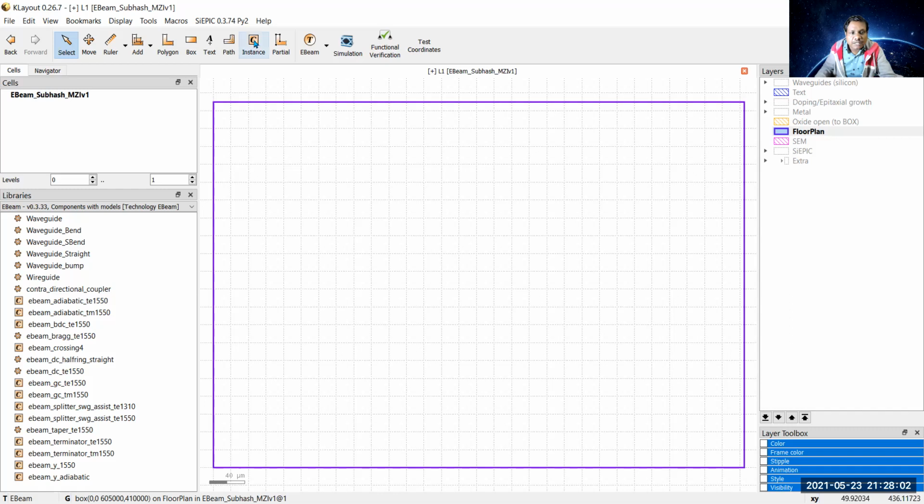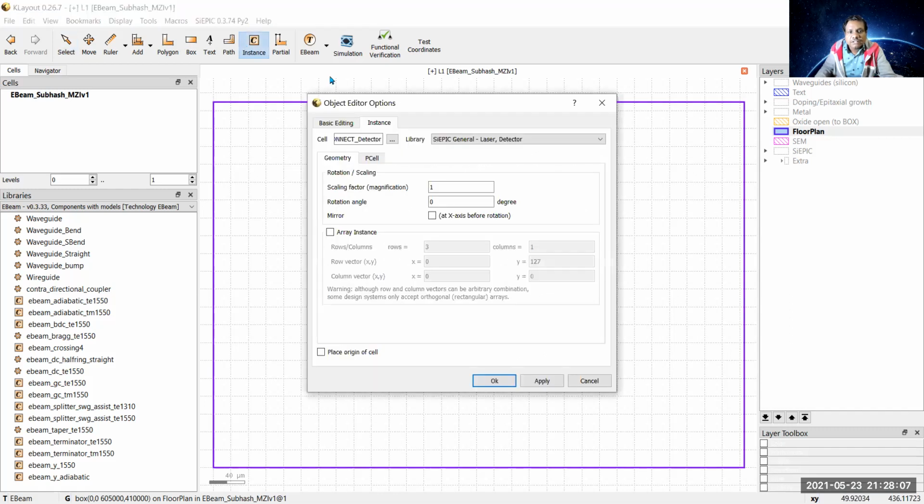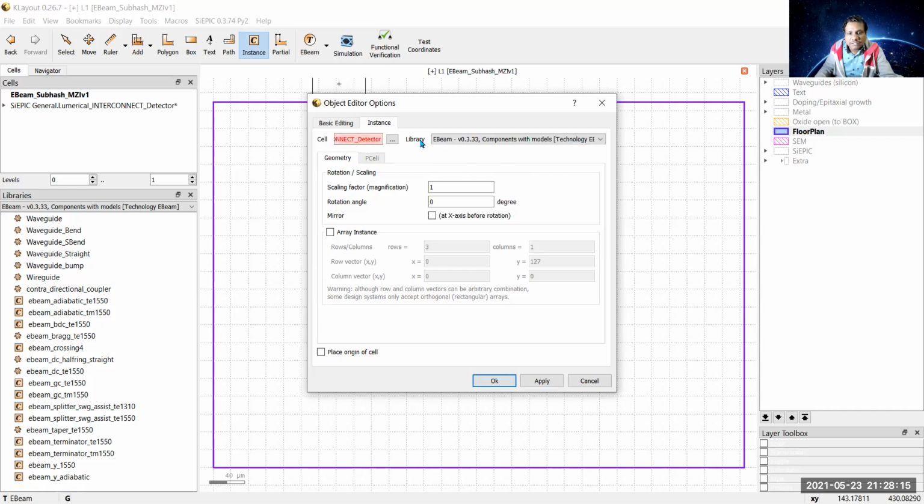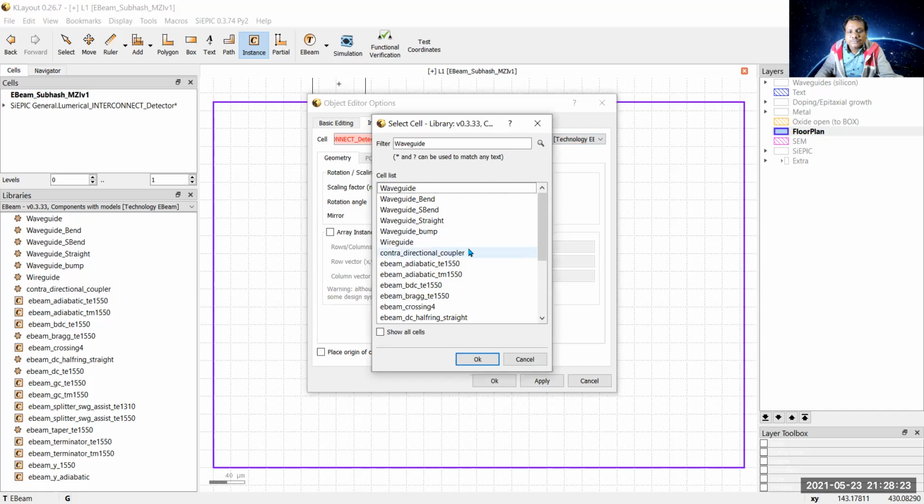Now the next step is to create the instances for the devices. So we have to go to the instance button which is given here. Click on that, go to library and select the E-beam component library. After that, on the left hand side we have three dots which tell about the cell. So click on that and select the grating coupler for TE mode designed for wavelength 1550 nanometer.